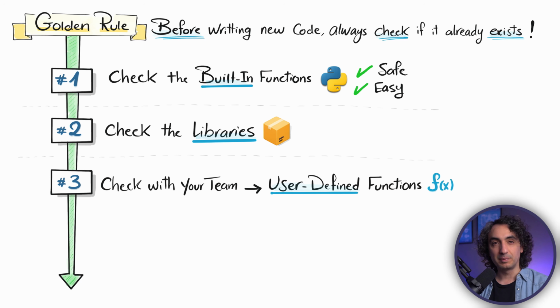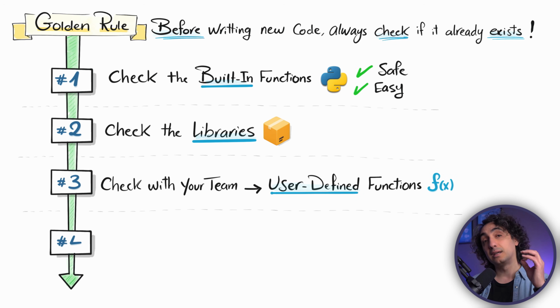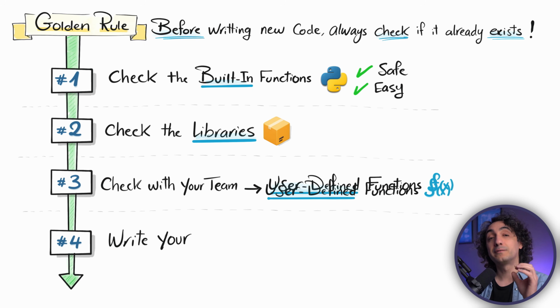The same problems, or let's say the same logic, show up again and again, and maybe one of your colleagues already solved it and built a function for it. So all you have to do is just reuse the already existing function. But it could happen that you didn't find anything, so your problem is very specific. Only in this case, you're going to write it on your own from scratch.